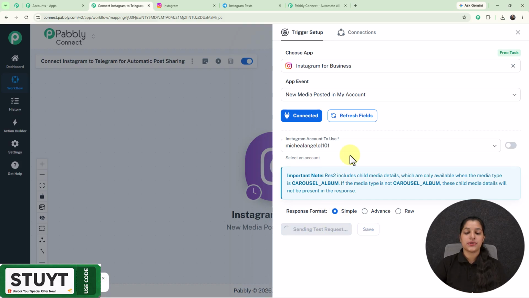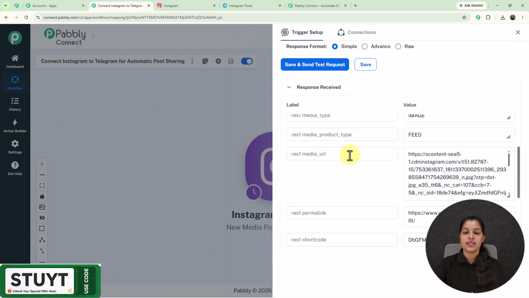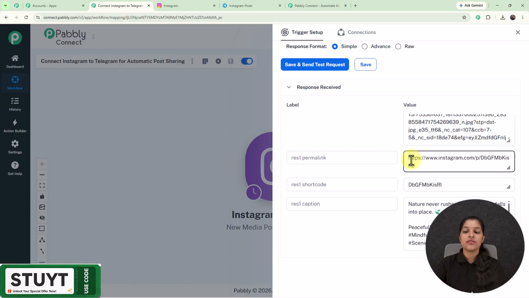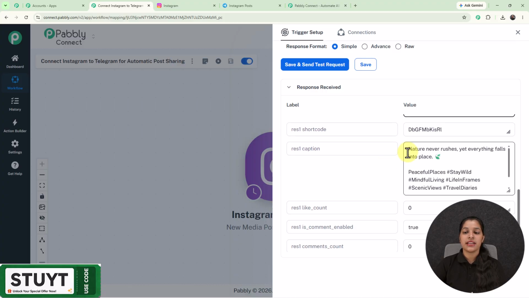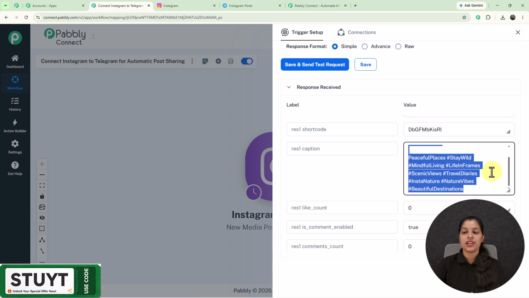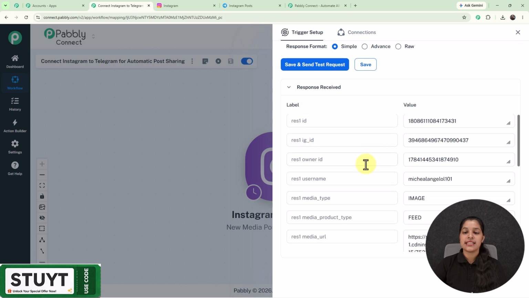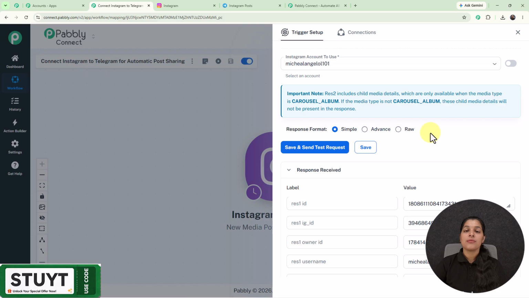So here I'm going to select it, and as I have selected it, I'm getting this response, and this response consists of the media URL, the hyperlink of the post which we have just created, and here you can check out this is the caption which we have added over our Instagram post. So you can see that we are getting this response. So now by using this response, I'm going to notify my community regarding the newly added post over my Instagram